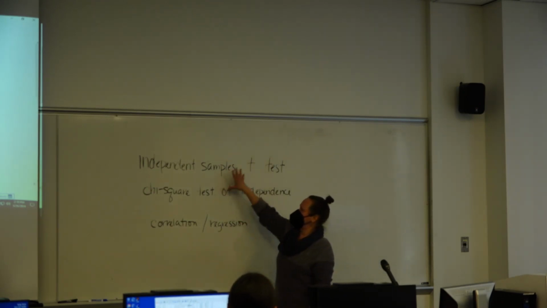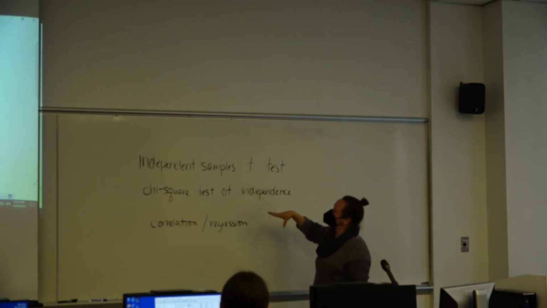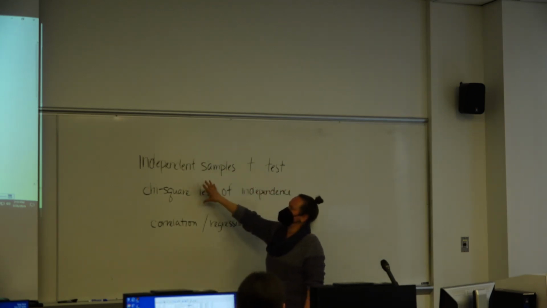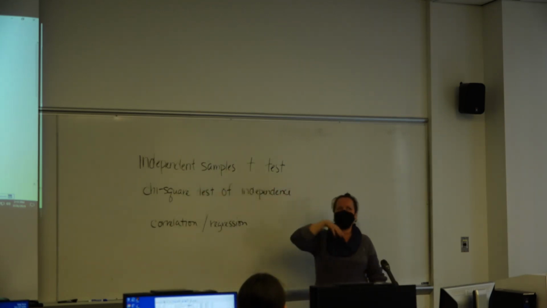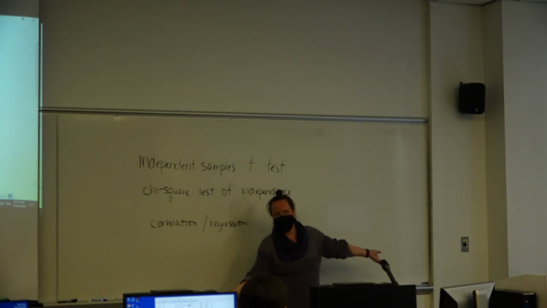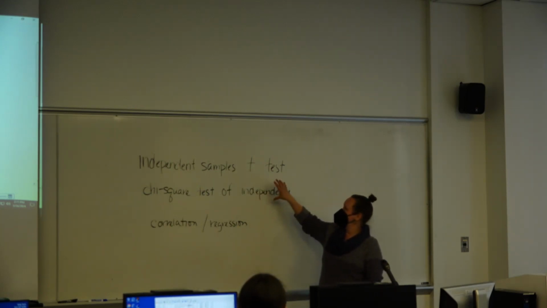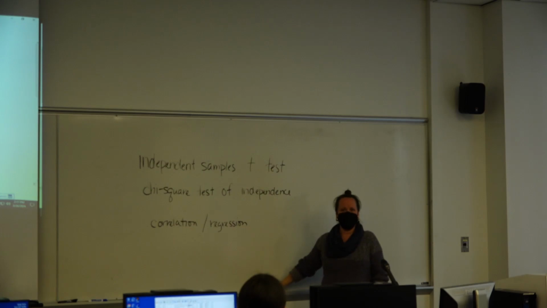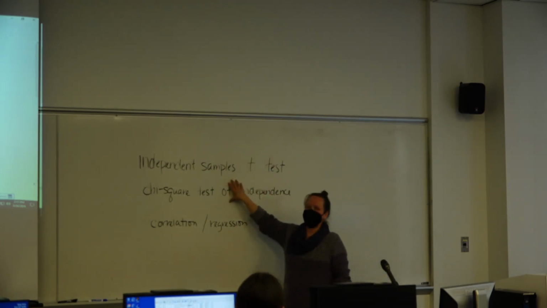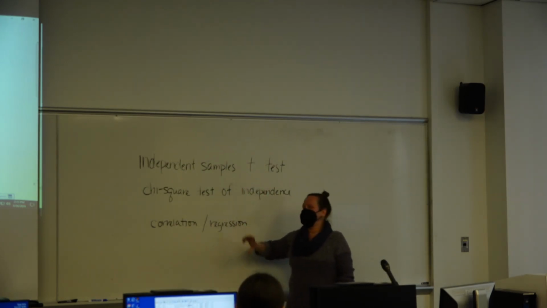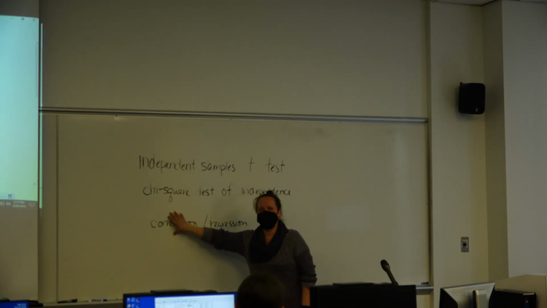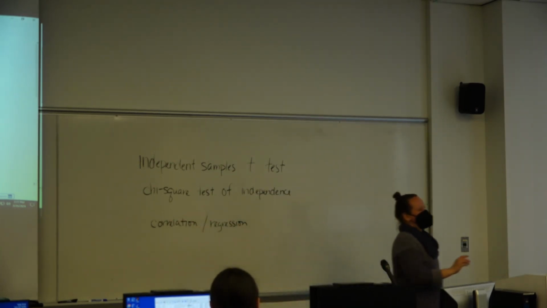So if you're looking at your variables and you see that you want to see if there's a relationship between how people answer one question and how they tend to answer another question, and you look at the two question variables and you notice that they're both qualitative, then you know you're going to want to run a chi-square test of independence. If you look at them and you see that they're both quantitative, then you know you're going to be running a correlation instead. Okay? All right,